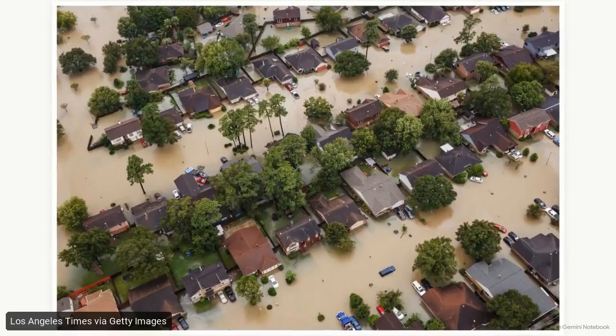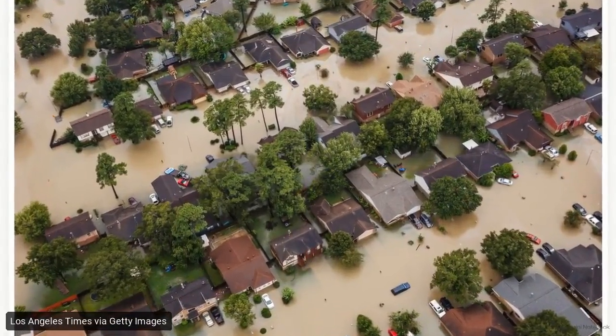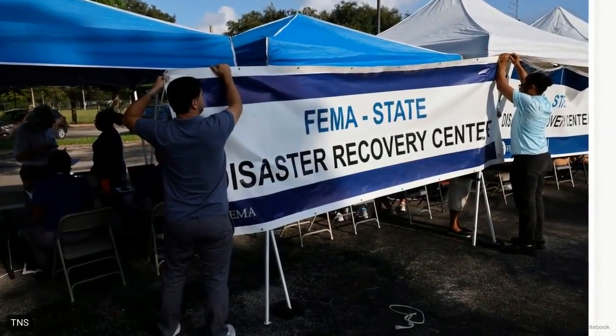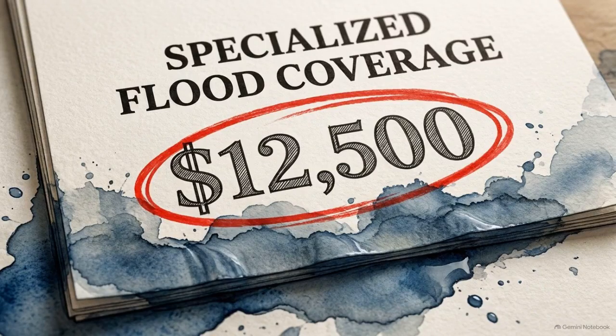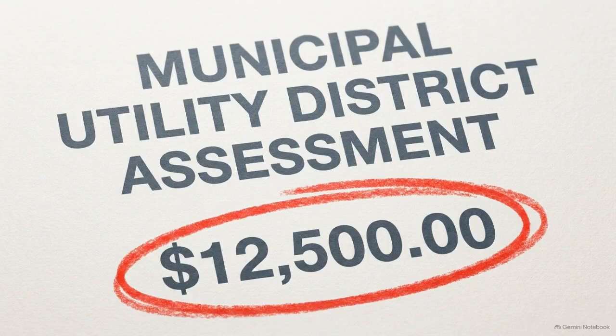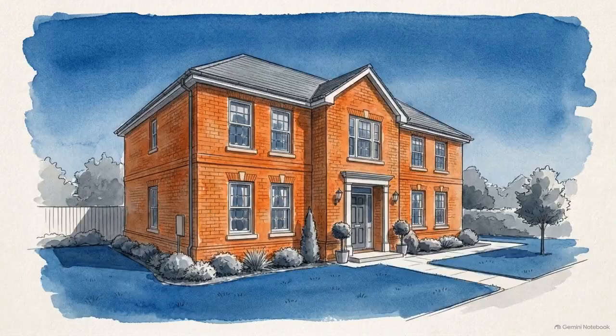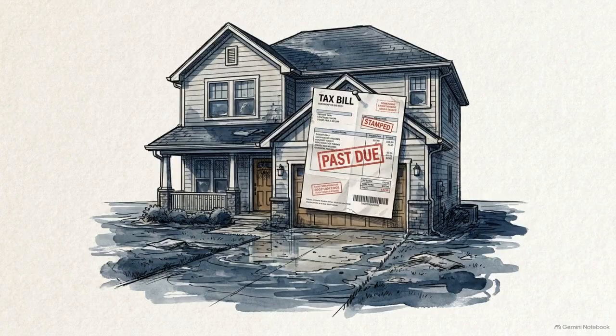Then there is environmental risk. Most standard Texas home insurance policies explicitly exclude flood coverage. Relying strictly on FEMA high-risk zones is dangerous. Properties with complex drainage patterns or those located near local bayous often require expensive, specialized coverage regardless of their official zone designation. On top of insurance, unmapped local assessments like municipal utility district taxes and public improvement district fees can silently drain cash flow if they aren't explicitly accounted for during the underwriting phase. A property with highly attractive baseline numbers can instantly become a toxic leveraged asset once local tax reassessments and realistic environmental insurance premiums are accurately factored in.